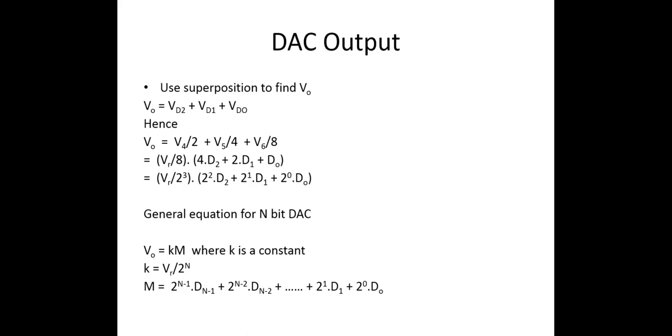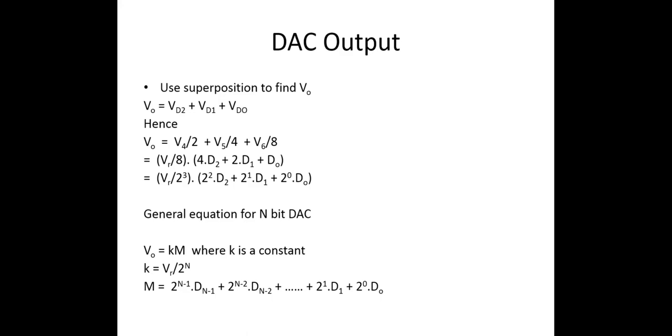Now here is another important point which we should keep in mind. When M is changed by 1, that is when the value of binary number is changed by 1. So if we have two binary numbers whose value differ only by 1, for example 110 and 111. So 110 corresponds to 6 and 111 corresponds to 7. So the difference between them is just 1. So in this case the difference between the output voltage for each case will be equal to K.